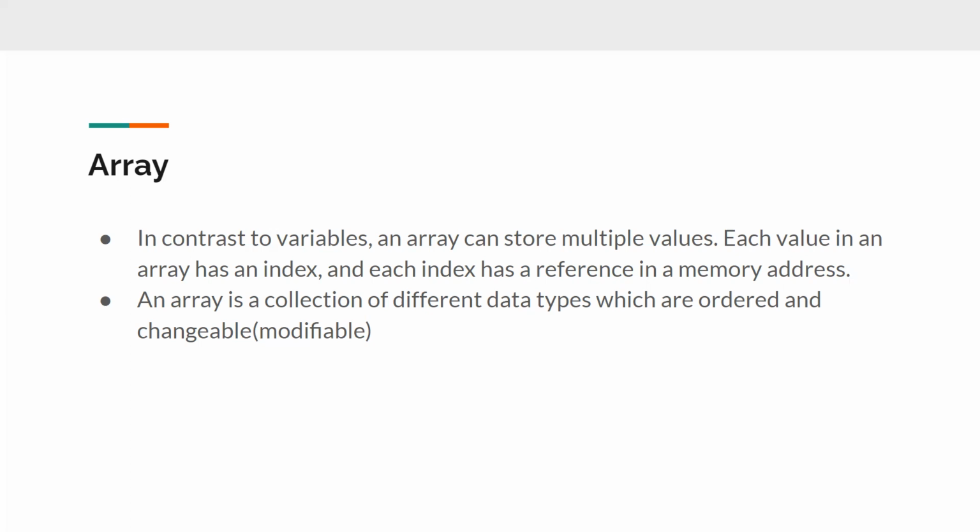Then an array, we say, is a collection of different data types. Now, remember we said it can store multiple values, and these values can be of different data types. When we're talking about data types, let's say string, for instance, when we declare a variable,